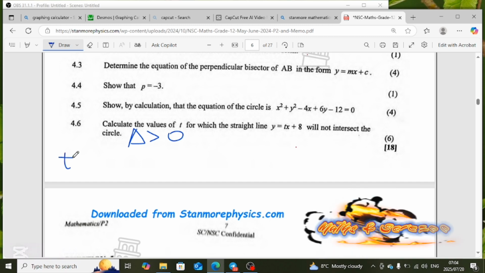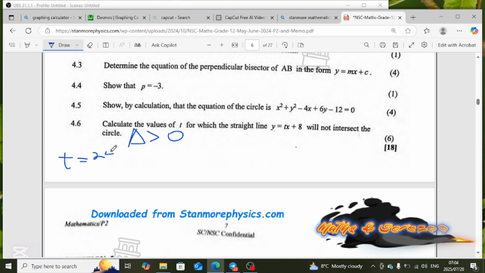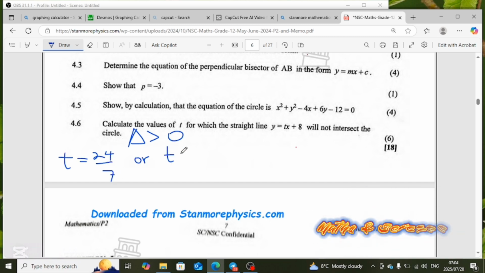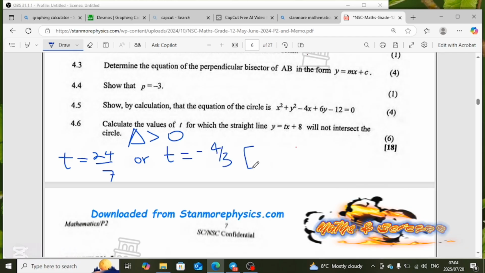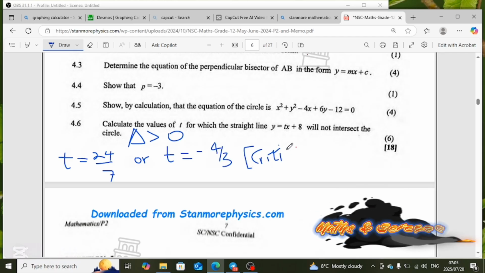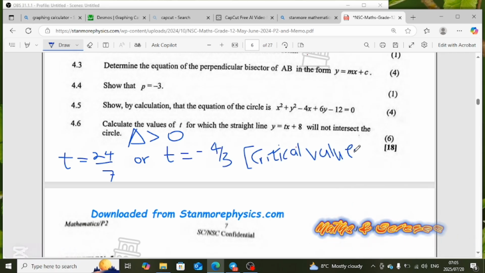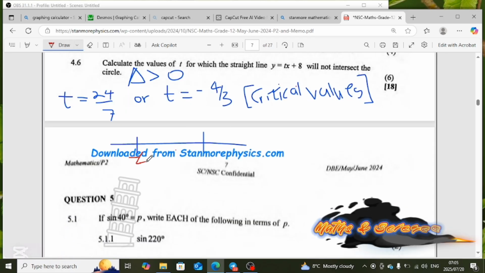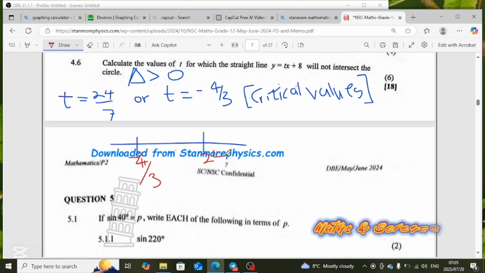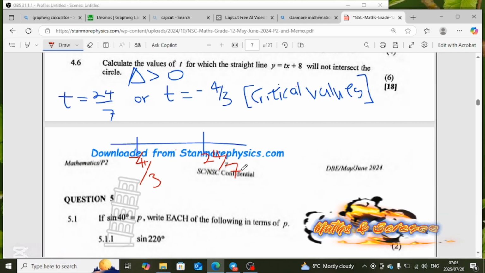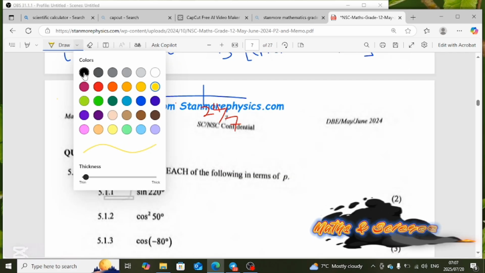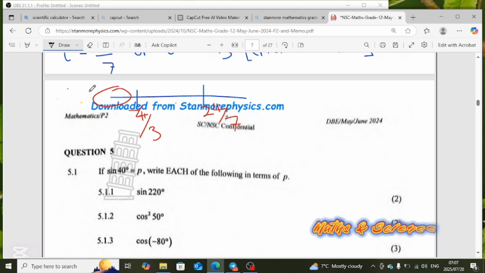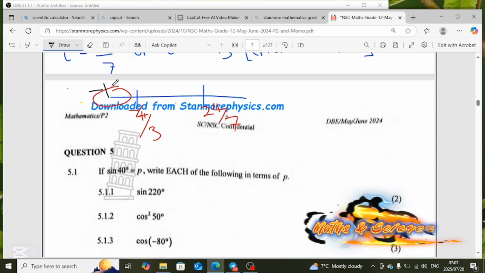Since we have already found the two values of t, these will be our critical values on the number line. Negative 4 over 3 will be on the left side since we start from the smaller number to the bigger number, hence 24 over 7 in this case will be on the right side of the number line. We will start from the left of the number line, looking for a number less than negative 4 over 3,